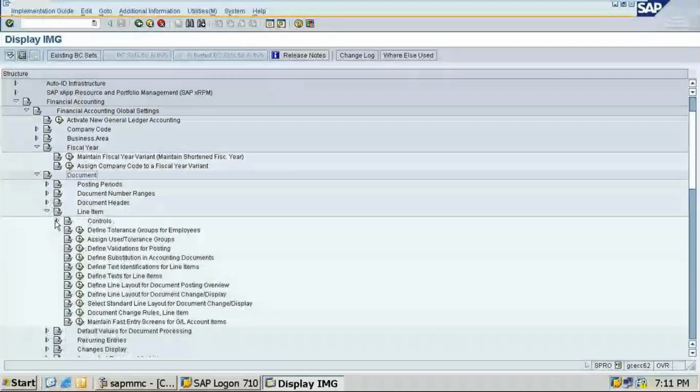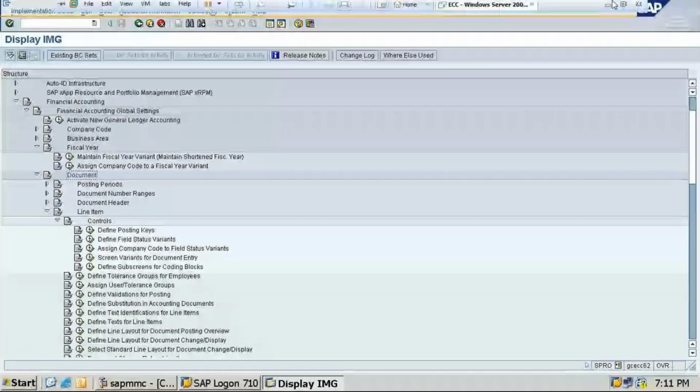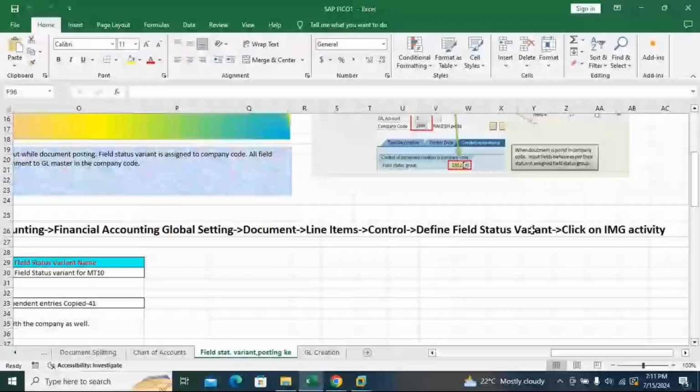Here line items, then control. Line item control, then define field status variant and click on IMG activities. Sorry, here line item controls, then define posting key.